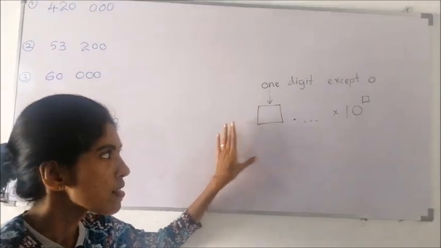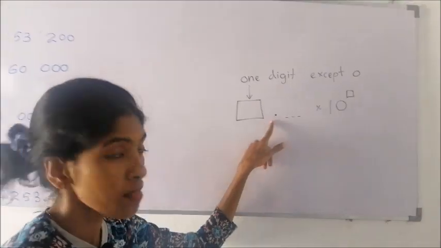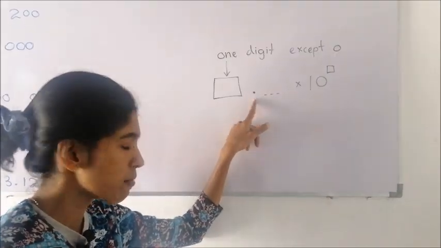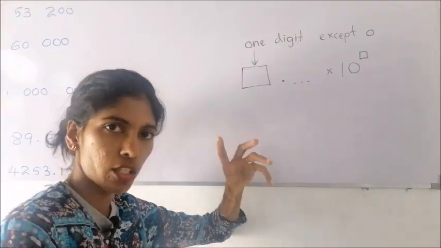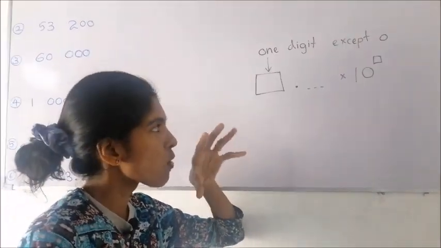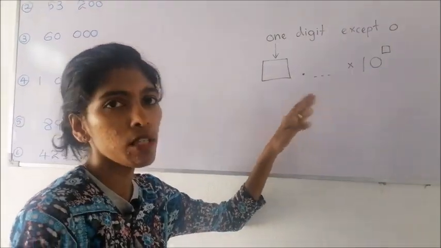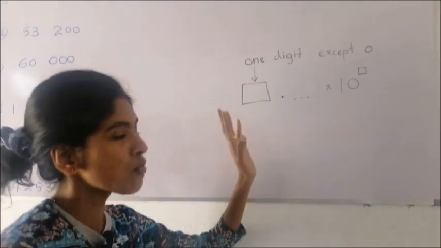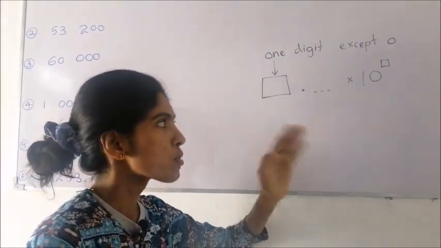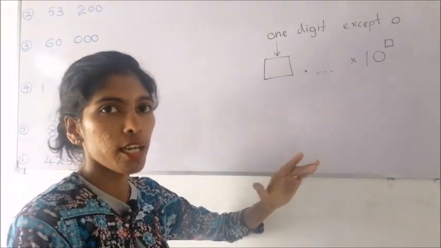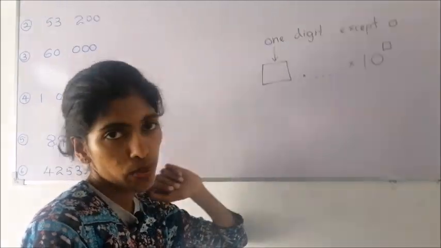So children, this is the format of scientific notation. See, the decimal point is there. Decimal point must be there. Before the decimal point, we can place only one digit. But remember that one digit mustn't be 0. That means this can be 1 point something, 2 point something, 3 point, 4 point, 5, 6, 7, 8, 9. You can use the digits from 1 to 9, but 0 is also one digit, no? But you cannot use 0 there, right?